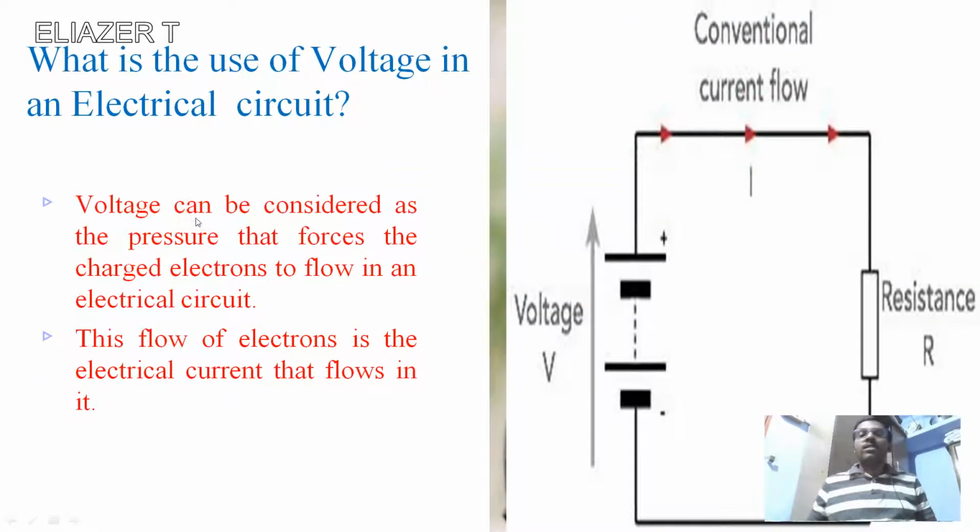What is the use of voltage? Look at this electrical circuit. Here resistance is connected, and this is the voltage source. The voltage source is the active element, and the resistor is a passive element. Passive elements are resistor, inductor, and capacitor. Active elements are power sources like voltage source as well as current source. So when the voltage is applied to this electric circuit,